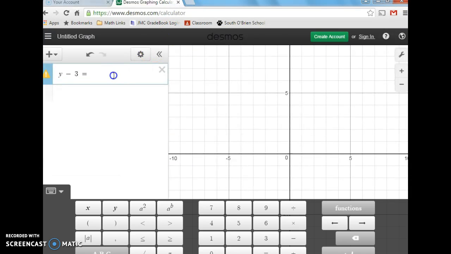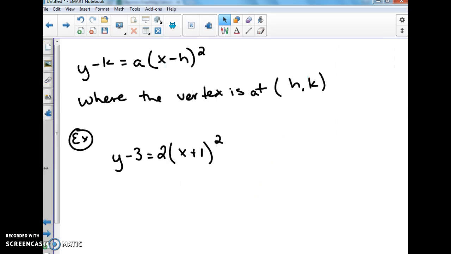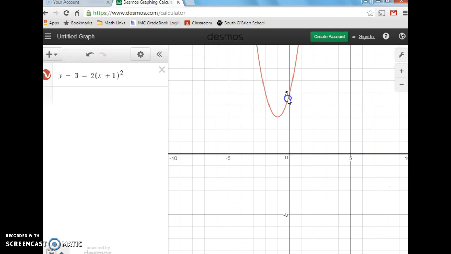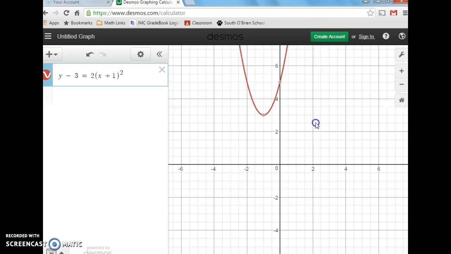But we'll try it out and see what happens here. We had x plus 1. Desmos will do it how I want it to, which is great. As you guys can see here,